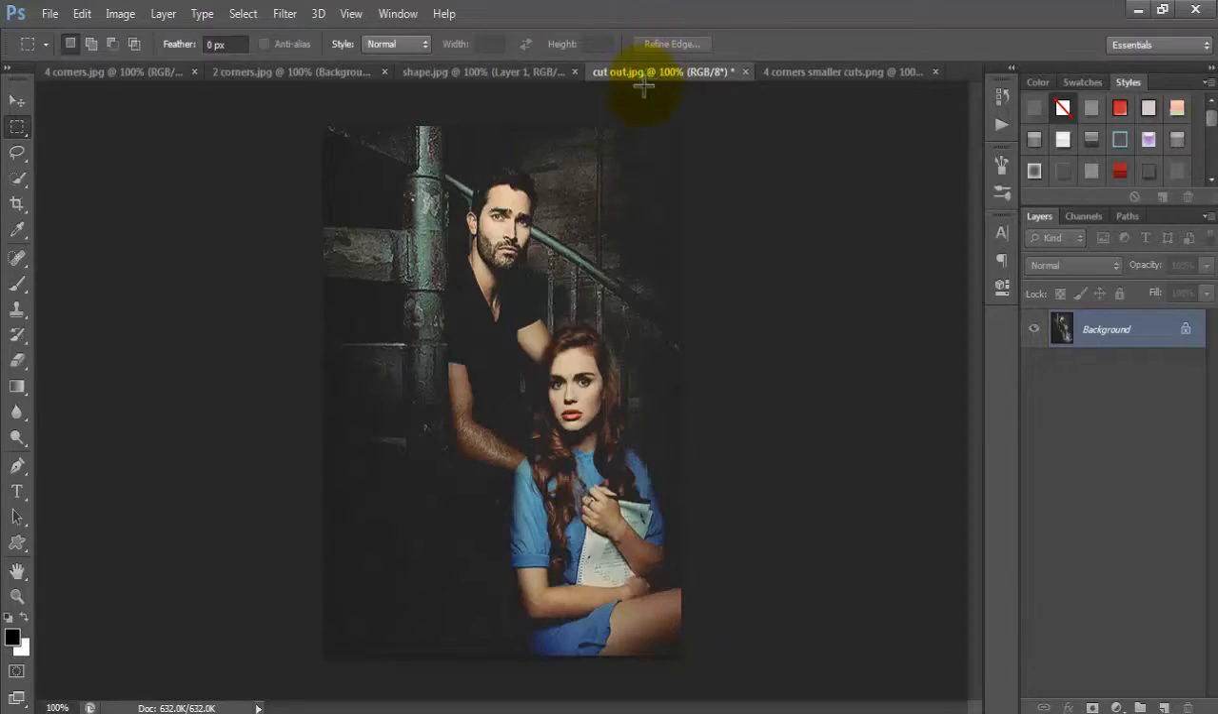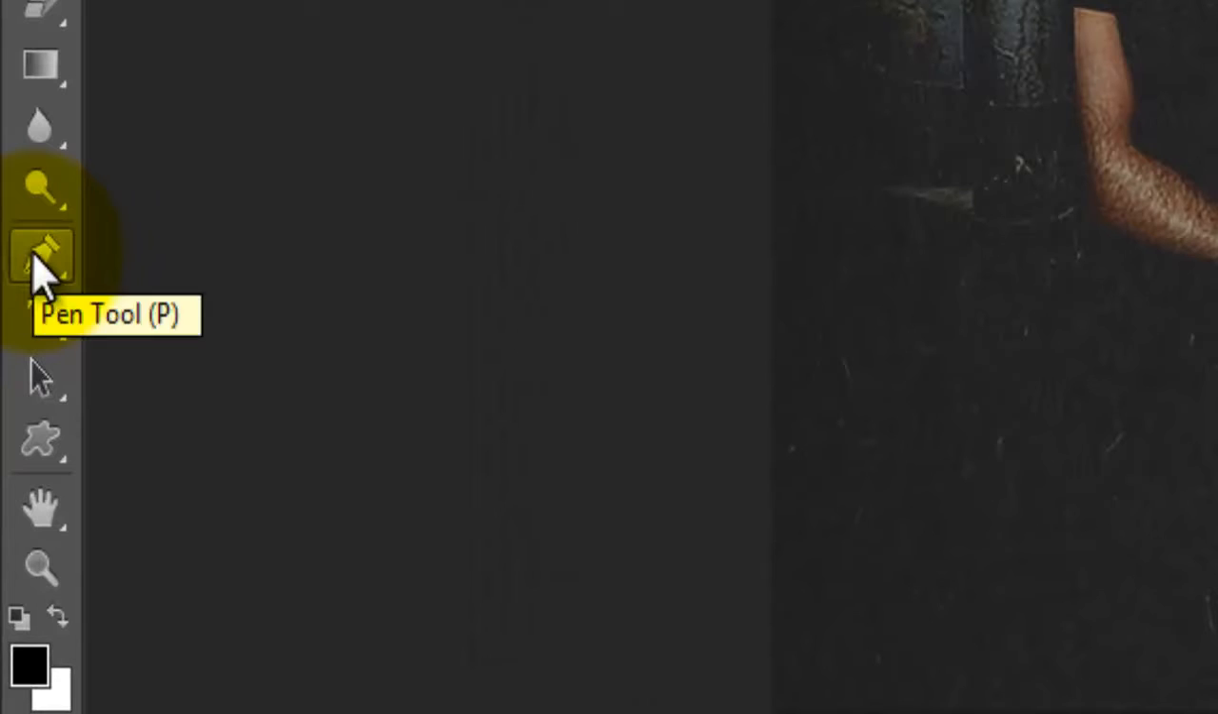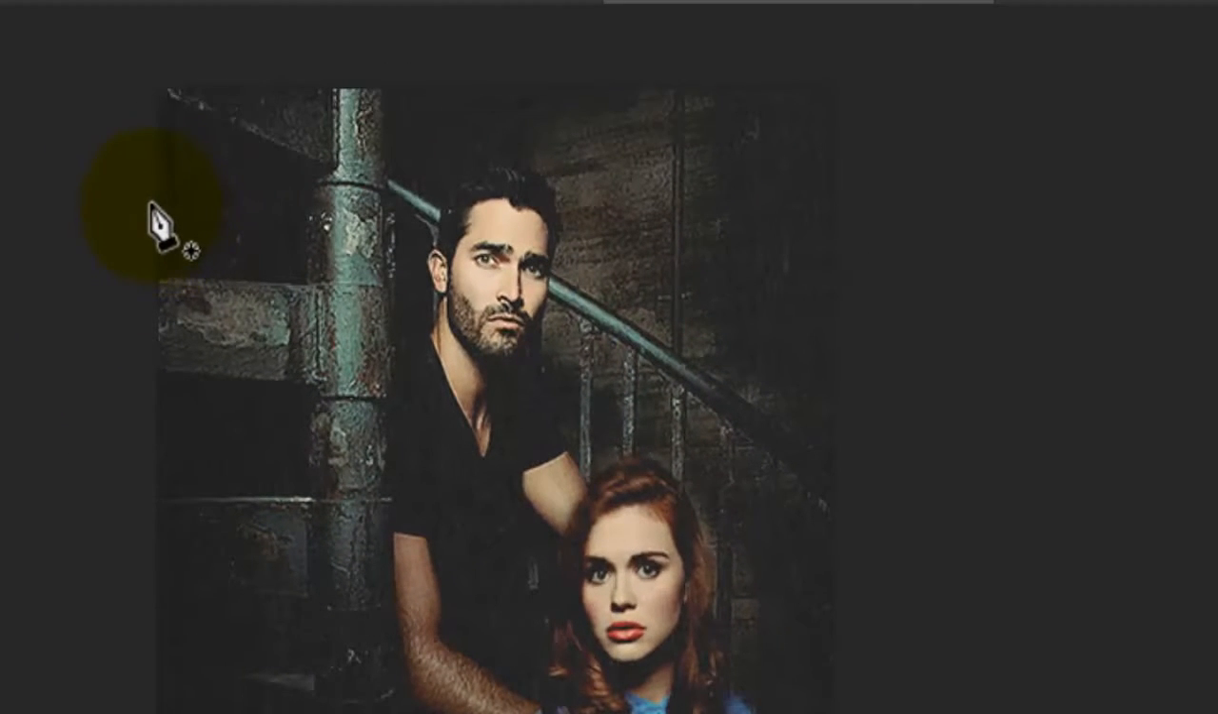The cutout. I'm not an expert on the cutout because I don't do them that much, but I'm just going to show you how I do them. I go into my pen tool, and then I just randomly